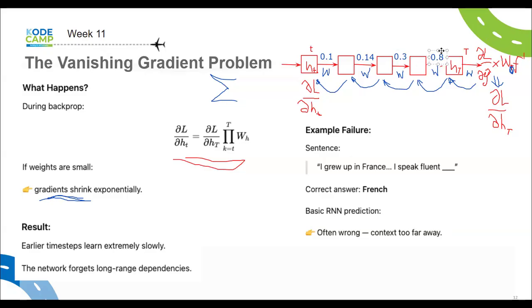So let's assume that those are the weights. This weight is 0.1, this one 0.14, this one 0.3, and so on. So to get this del L del HT, it is going to be 0.1 times 0.14 times 0.3 times 0.8